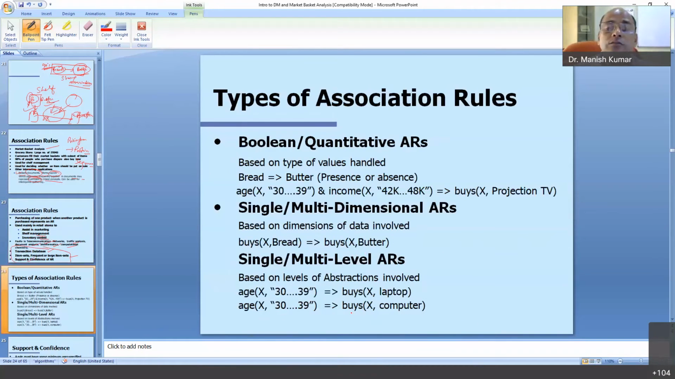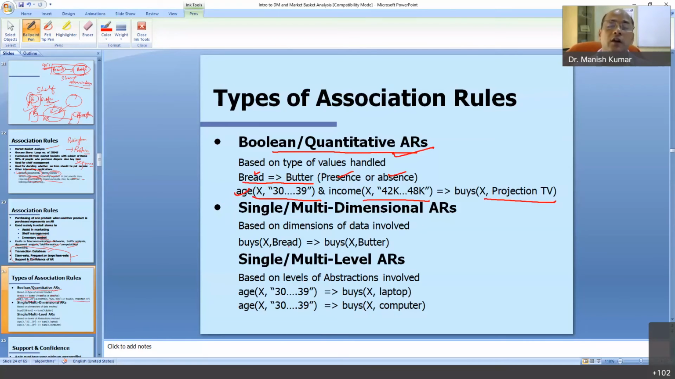So these are the types of association rules we look for. As far as types of association rules are concerned, we can have Boolean and quantitative association rules. If I'm saying that bread has a strong association with butter, then we always look for the presence or absence of these associations, whereas the absence of this particular bread and butter. Whereas if you look at this,